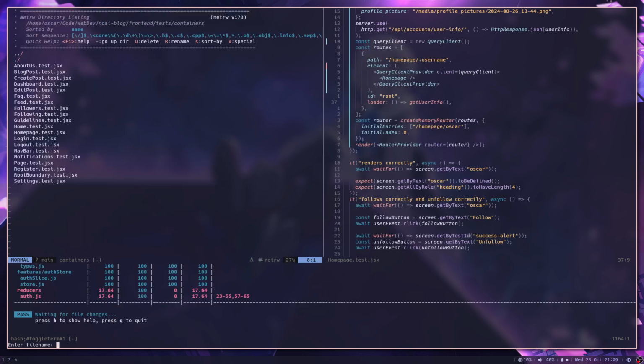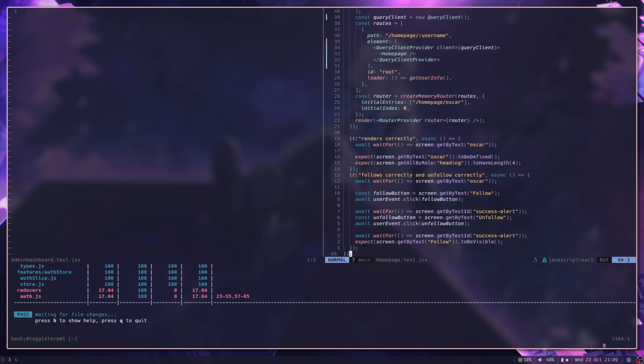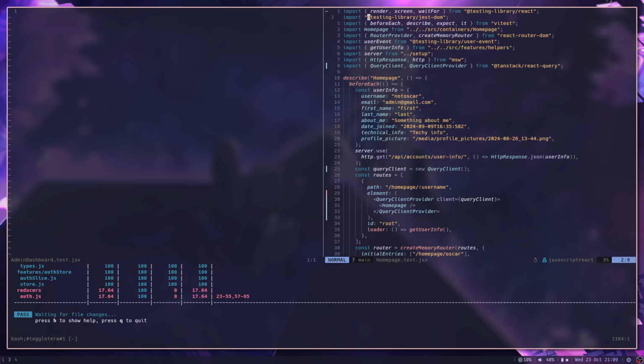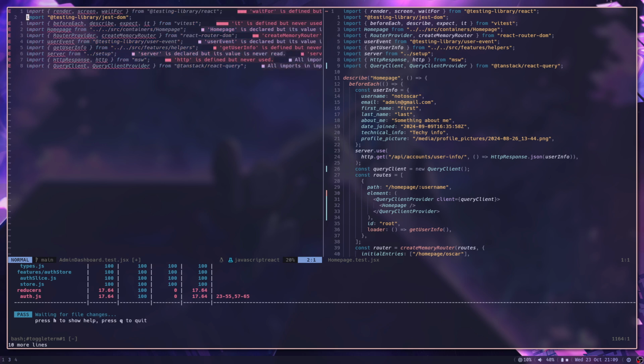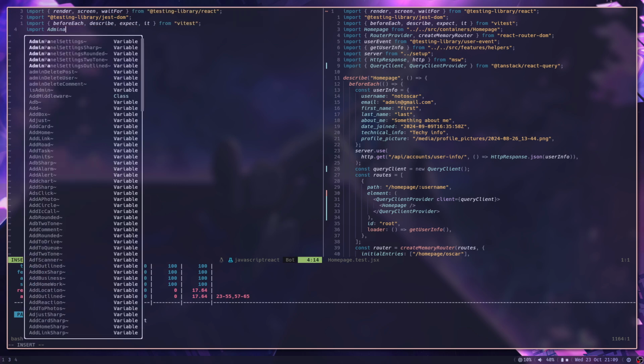So let's create a new file, admin dashboard.test.jsx, and let's go up to the top and import a bunch of things here. Do we need everything here? Absolutely not. We'll just import it as we need it. We don't need this, we don't need that. We just need to import admin